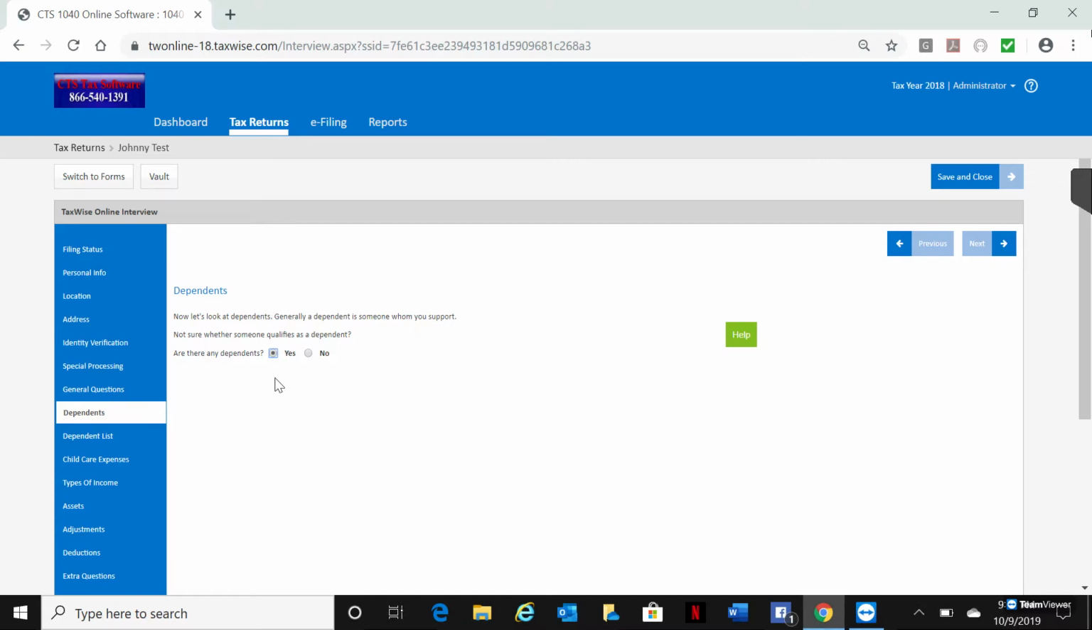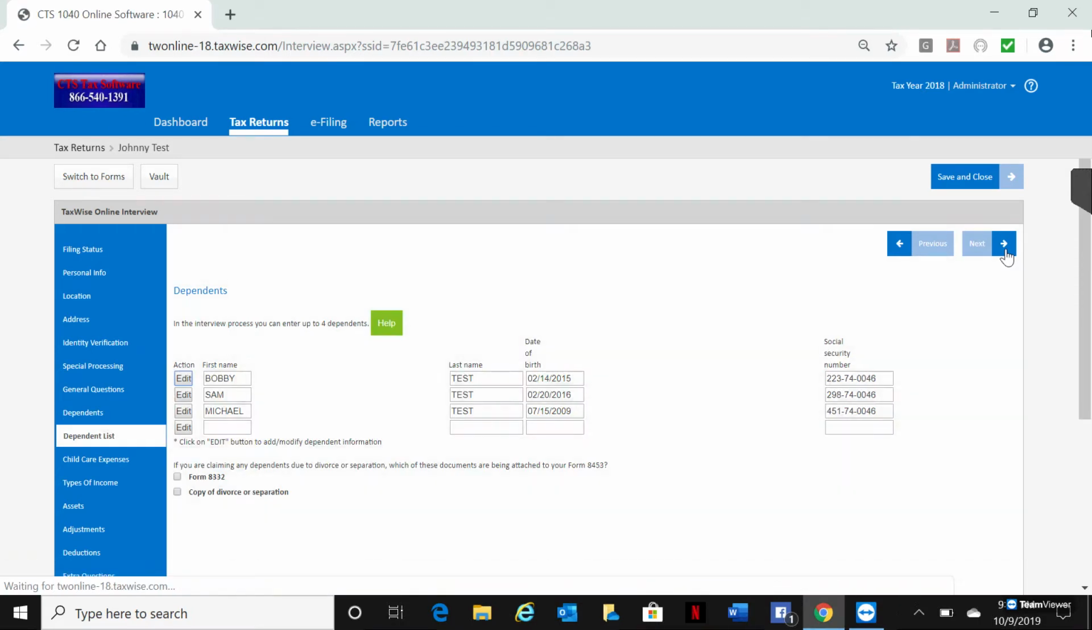Okay, on this screen here it's asking about the dependent information. Are there any dependents? We selected yes. We click next. On this screen, this is where you would enter the dependents. You just click on the word edit, and the screen will pop up where you can enter the information for